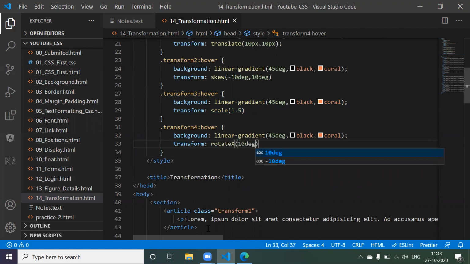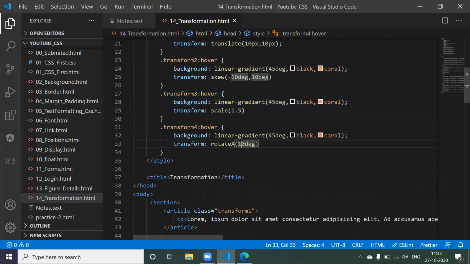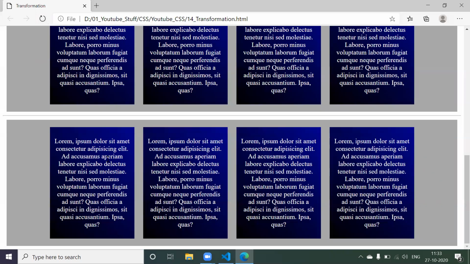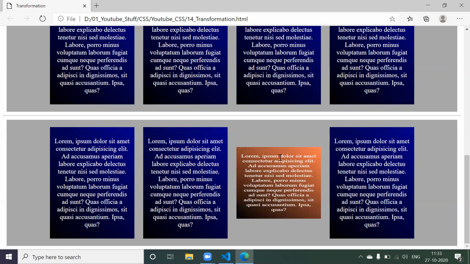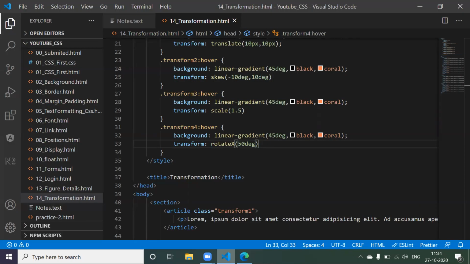Now if you refresh it, now it is rotating, but you are not able to see, right? So let me increase the value to 50 degree and refresh it. Now it is rotating very fast. That's why we are not able to see that effect, guys. Now if you want it to be very slow, for that we have a concept called transition, which we are going to see in the next video. Okay,